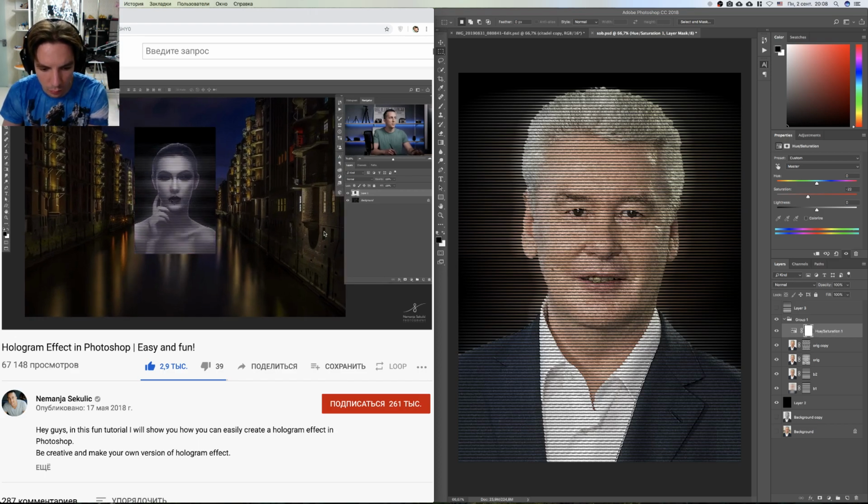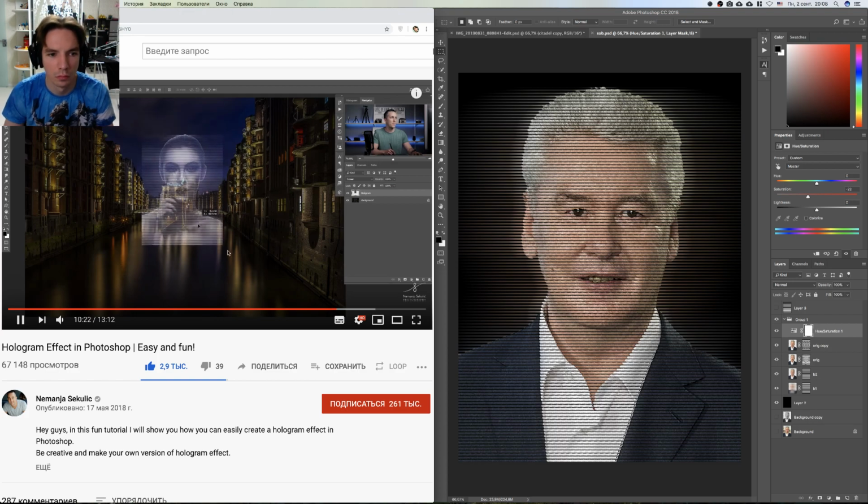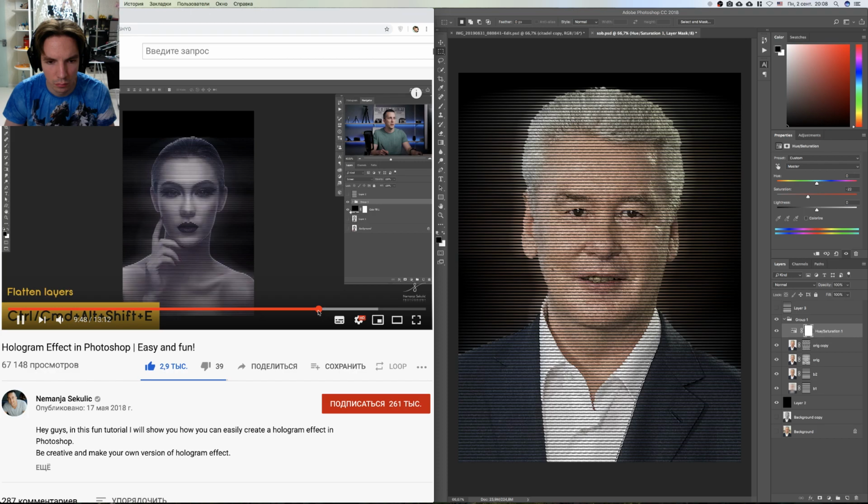And now you need to put this layer, the hologram layer, to a screen blending mode, like this. And that's it. You have this really nice hologram effect. Of course, this is not the image for a hologram, but maybe you want to add a hologram on the